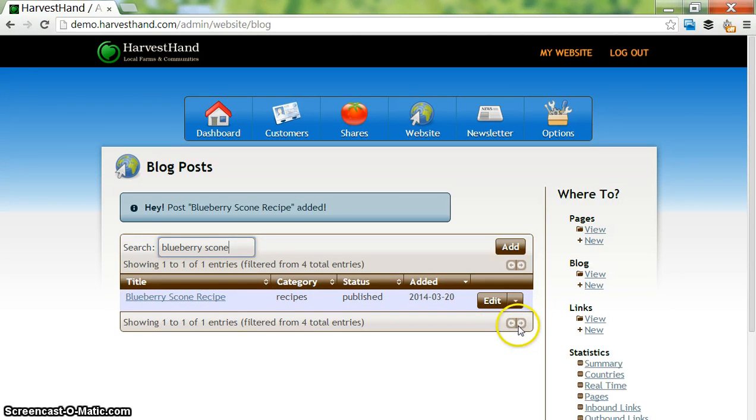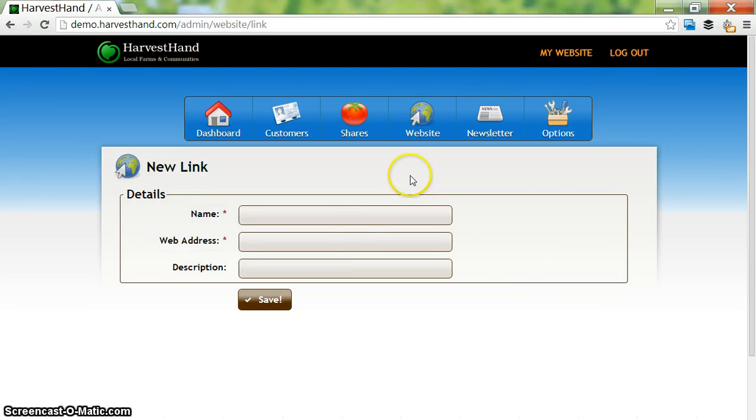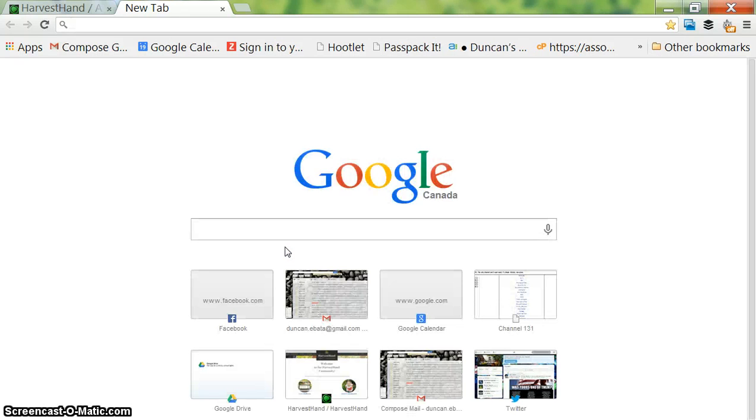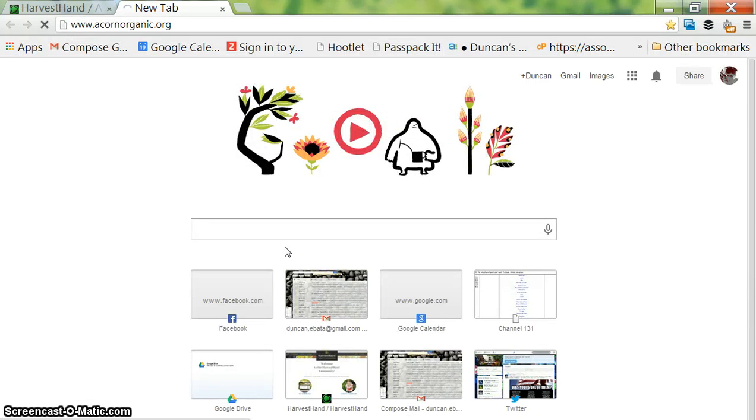If you'd like to make a link, say you have another farm or a local organization that you want to add to the sidebar, which is where your links are displayed, you can quickly click on New under Links, type in Atlantic Canadian Organic Regional Network, or actually let's just make it Acorn, and then click on copy the link for Acorn,